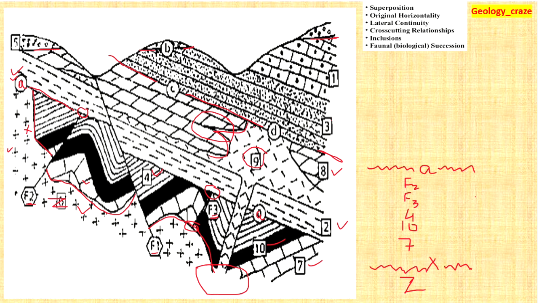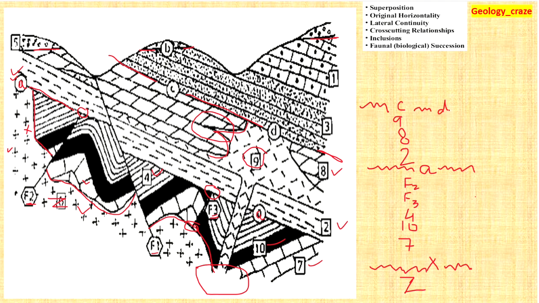Because there is an erosional plane which eroded these. After 2 and 8, intrusion 9 will take place. After that the basin is uplifted again and erosion took place, which gives an unconformity C